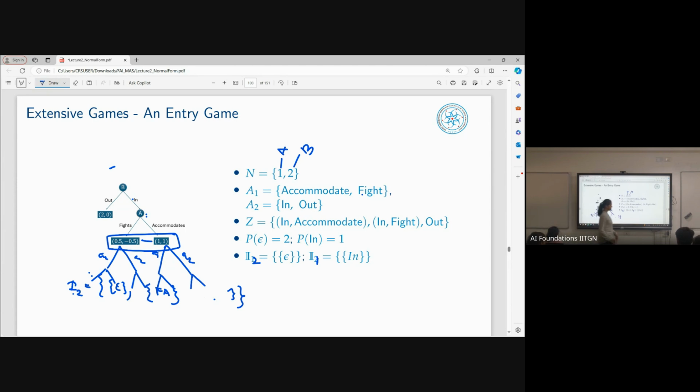Okay, let's just write the tree properly. In accommodate it won't be again A3. No, he's just given the same name. Yes, but the actions of B in both cases are A2. So let's say now B is taking an action. So what you're saying is now B is taking an action. Now A will be, oh sorry, A and then B.